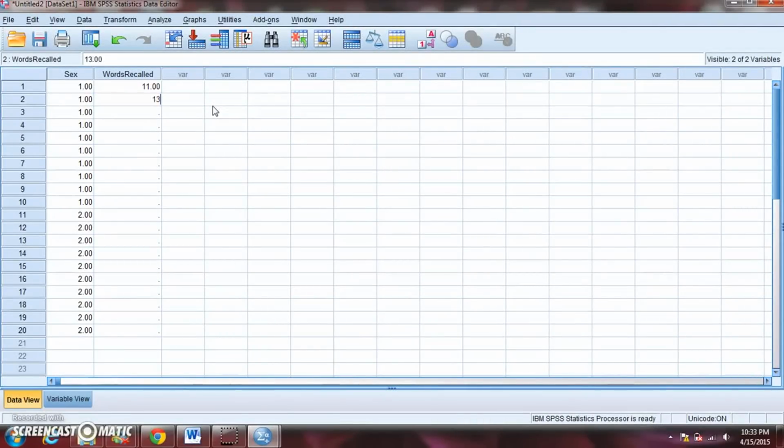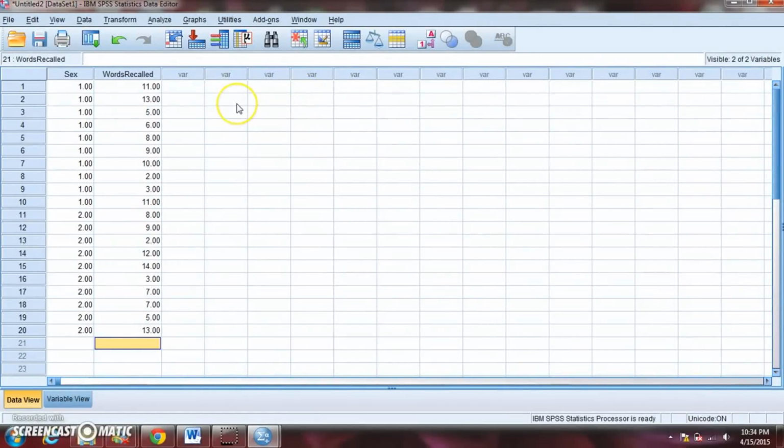So I'm just going to start entering numbers here, kind of randomly. I'm just thinking of them as I go. But there's actually a lot of evidence that says people are very bad at coming up with random lists of numbers. They try to be random, but they end up with a pattern. So even though I'm trying to be random, there's probably some pattern here that I'm not really aware of. But in any event, I am entering data for those 20 people.